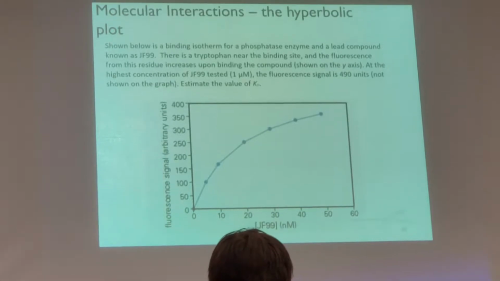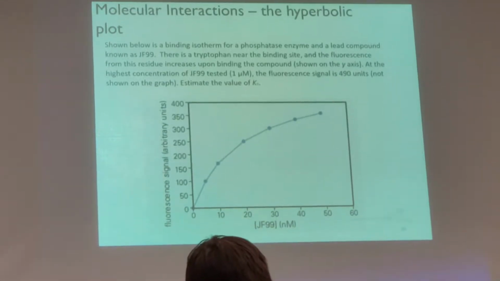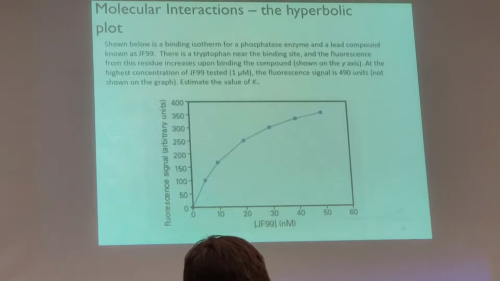All right, what's the max? Divide by 2, go across, go down. I should be able to get a KD out of it. The only other thing to note is,